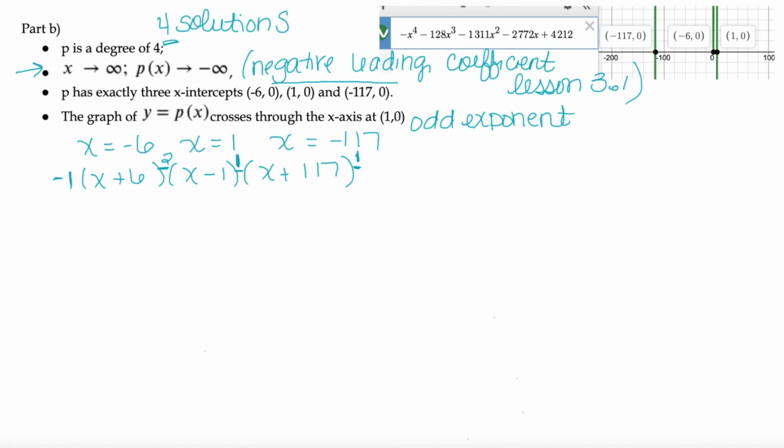Our next step then is to actually multiply all of these out. And I know you know how to multiply all of them out. So your ending polynomial has to be negative x to the 4th minus 128x cubed minus 1311x squared minus 2772x plus 4,212. Just to make sure I had it all correct, once I found my polynomial, I did insert it into